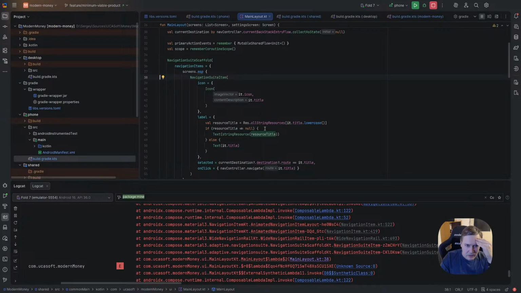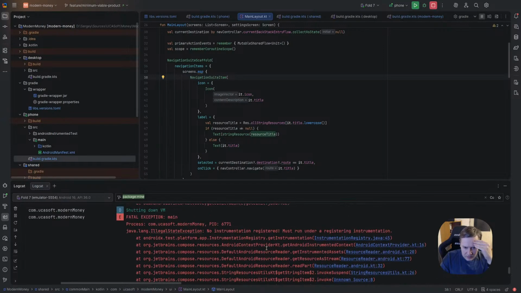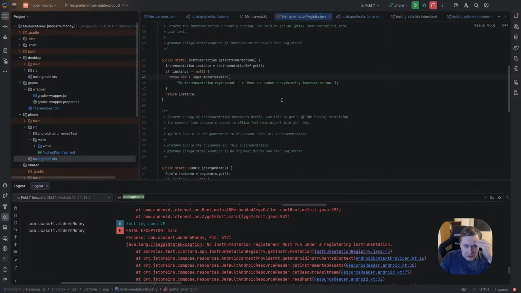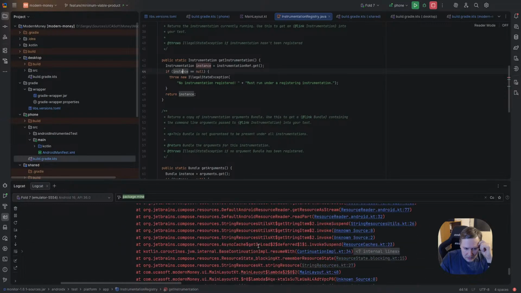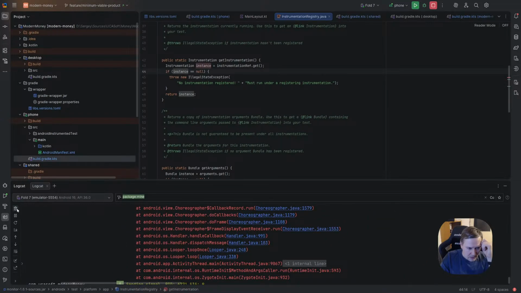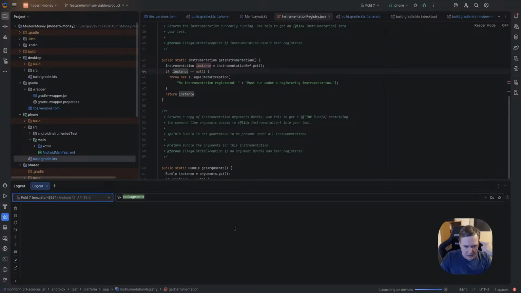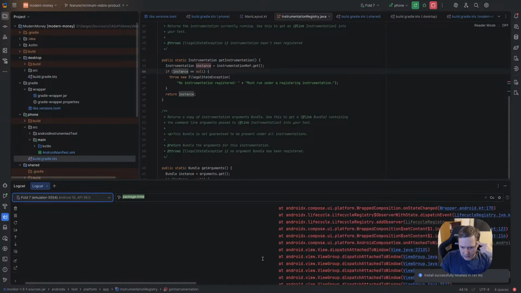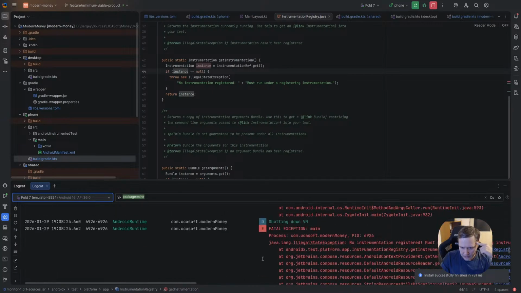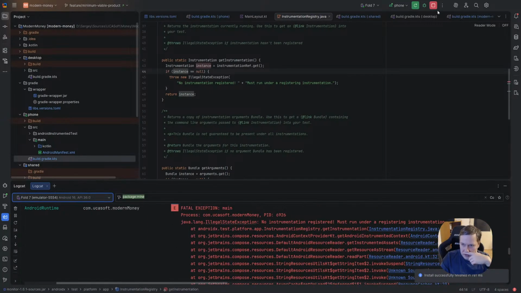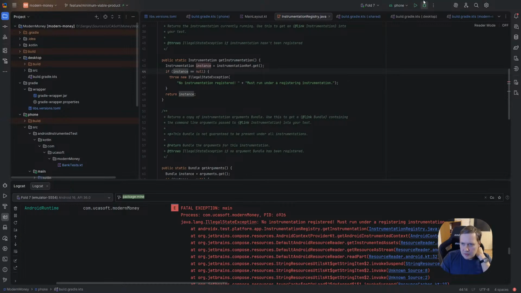Navigation suite. Instance equals null. Get instrumentation. Okay, let me clean to make sure that it's the problem exactly, and run again. And let's go to logcat. Okay, yeah, it failed. Yes, failed with this issue. But instrumented, it's this one, so maybe it's what we don't need.